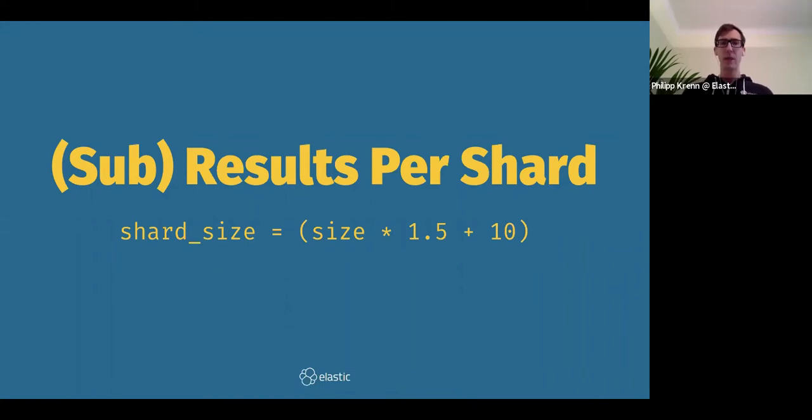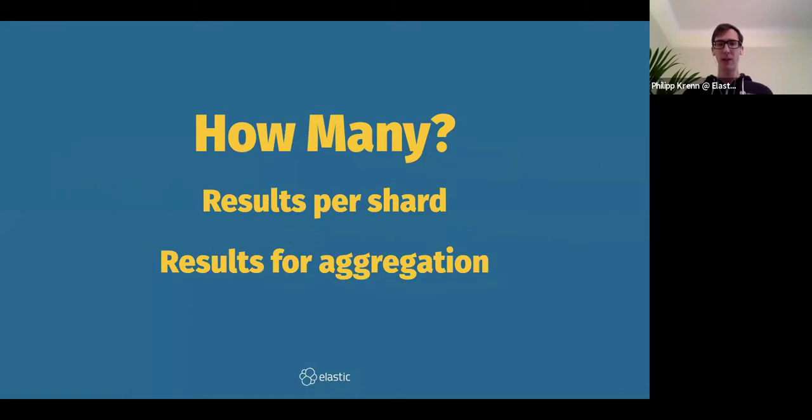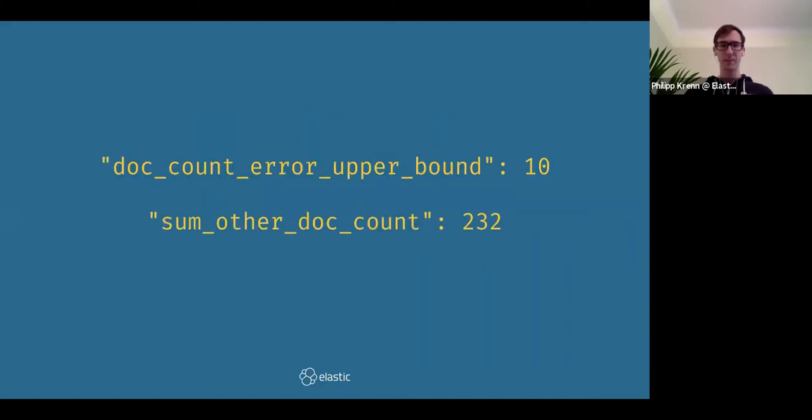This is based on the assumption that the data is more or less evenly distributed. Thus, if you just look for the top 1 result, it's probably in the top 11. And that would normally work out if you had an even distribution of data. Just in my data set, I've intentionally circumvented that. So just to recap, we get 11 results per shard. Since we have 5 primary shards, we basically get 55 things to aggregate to get the top one element out of that. So this is what we get here.